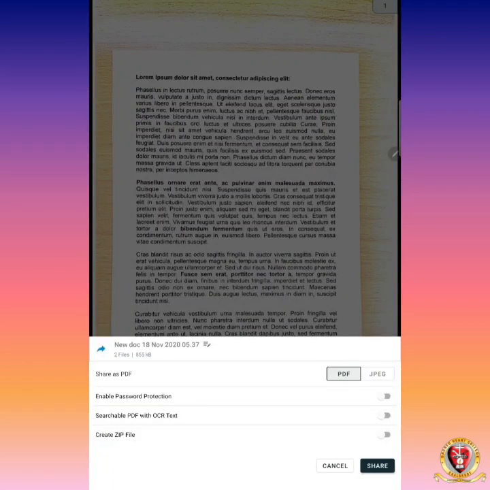So they will ask share as PDF or share as JPG. If you are sharing as JPEG file, this is a picture format. So the two pages will be shared as two images. If you are sharing in PDF format, portable document format, then it will share as one particular file in which there are two pages.